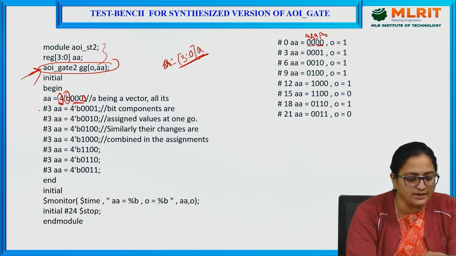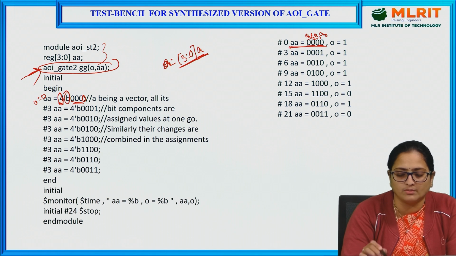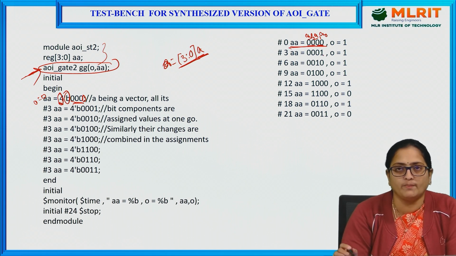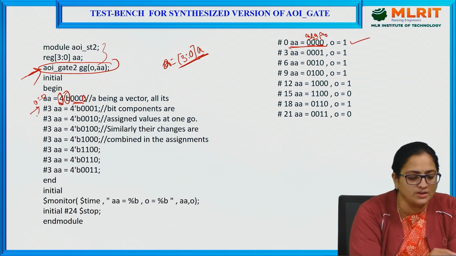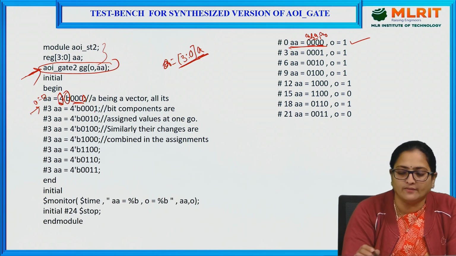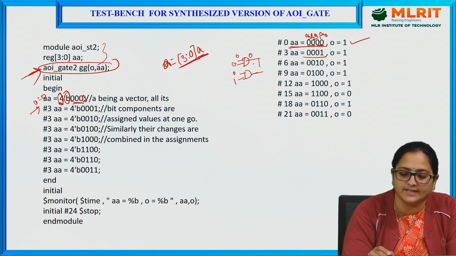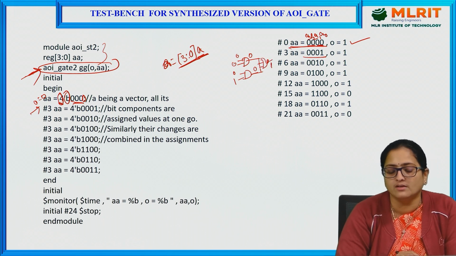So here at time t equals 0, A is given the 4-bit binary value 0000. So the output for this 4-bit binary value of 0000 will be 1. And after 3 time intervals, the value changes to 0001. So for the first AND gate it will be 0, 0, the second AND gate will be 0, 1. So the output of this AND gate will be 0, and here also it will be 0, given to a NOR gate, and the output of the NOR gate will be 1.